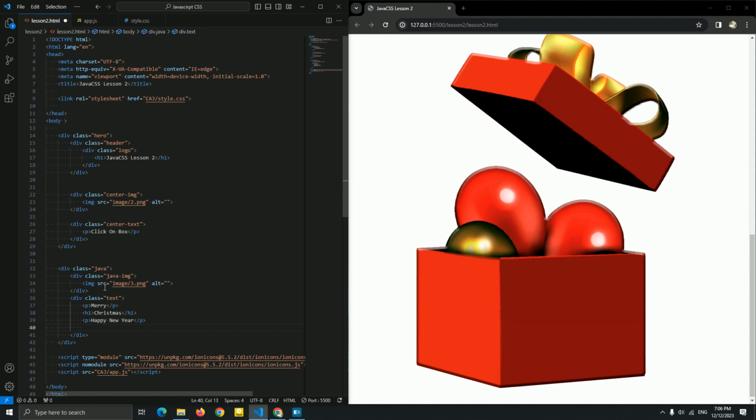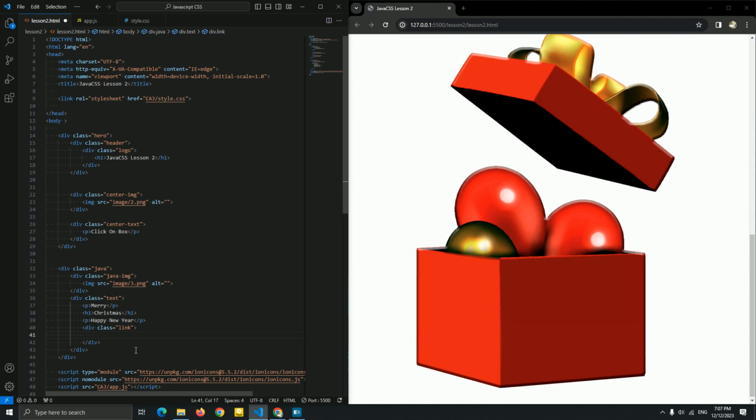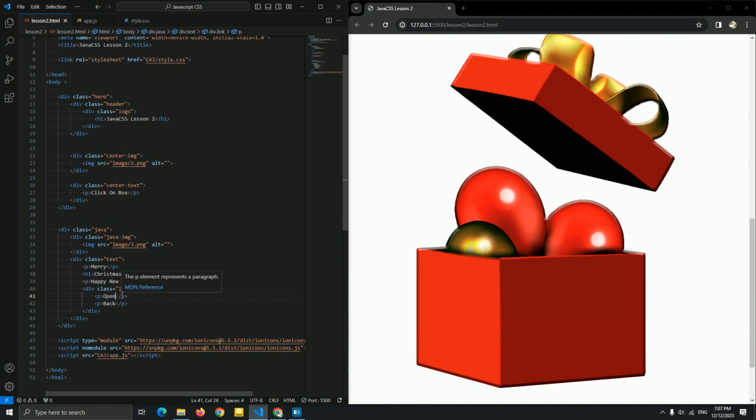So I'm gonna create a div to add a display flex to be on the same line instead of the next line. So I'm gonna name it link, and let me add a link. Instead of adding a link, I'm gonna add a p instead of that. Open. Okay, now let me add a last one.